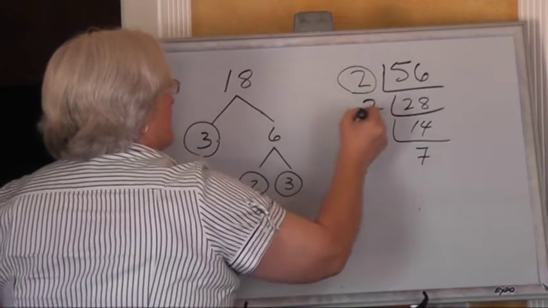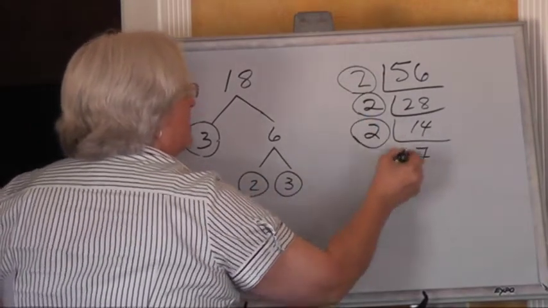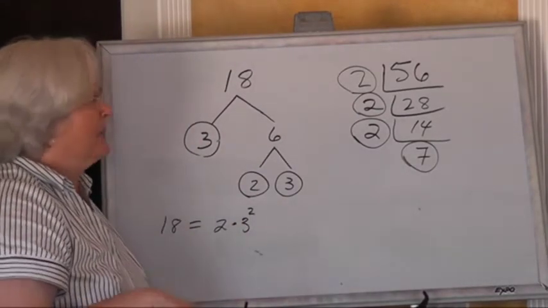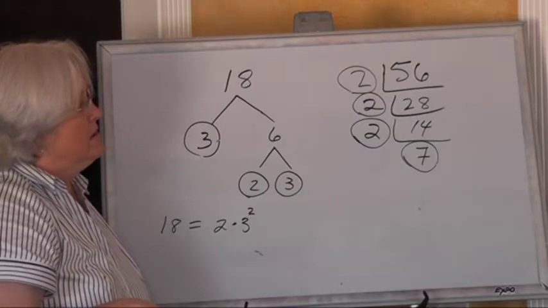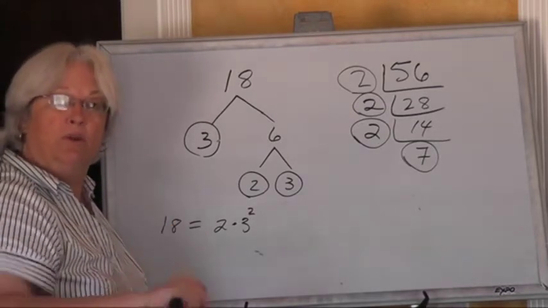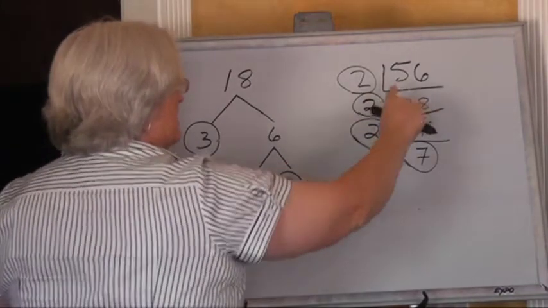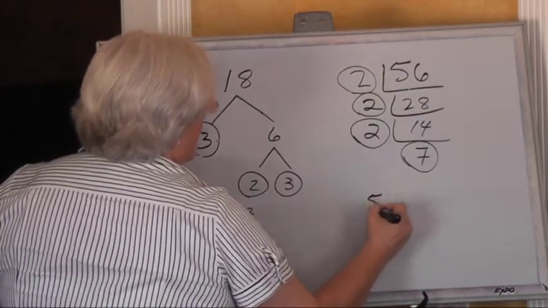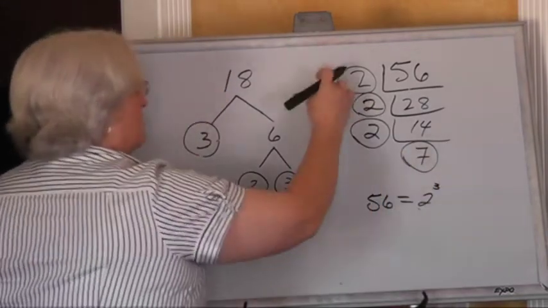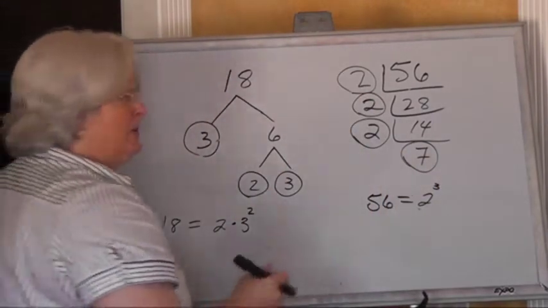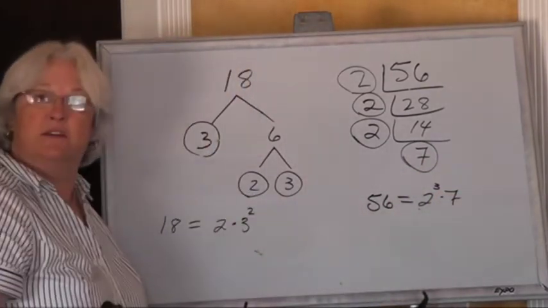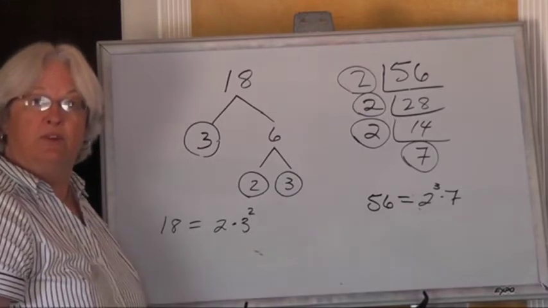These factors out here on the outside of my ladder, or my upside down multiplication, are the prime factors that when you multiply them together you end up with 56. So you have 56 is equal to 2 used as a factor 3 times, 2 cubed, times 7. 56 is equal to 8 times 7. You learned that when you were